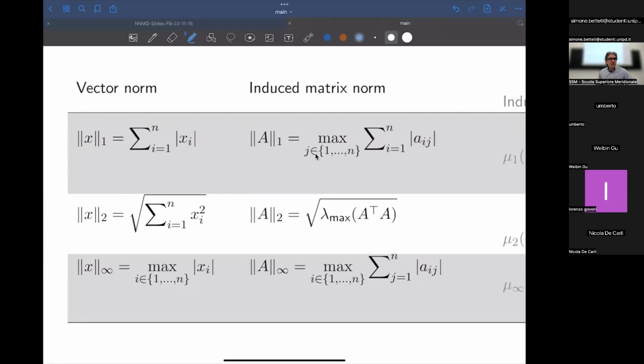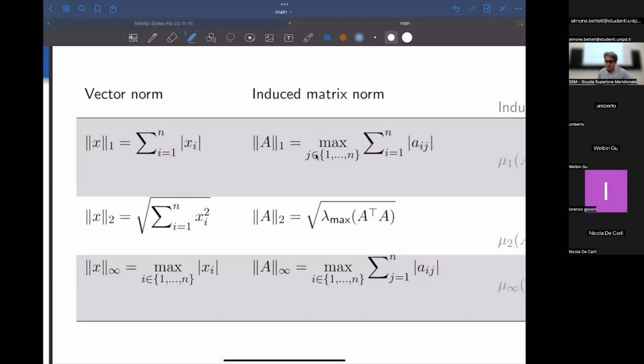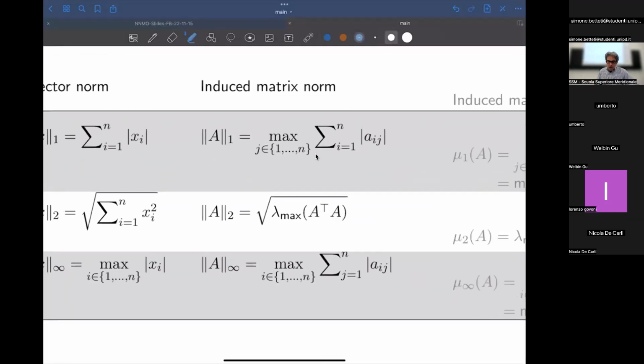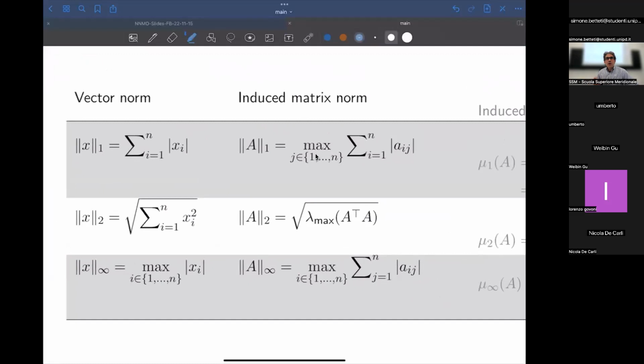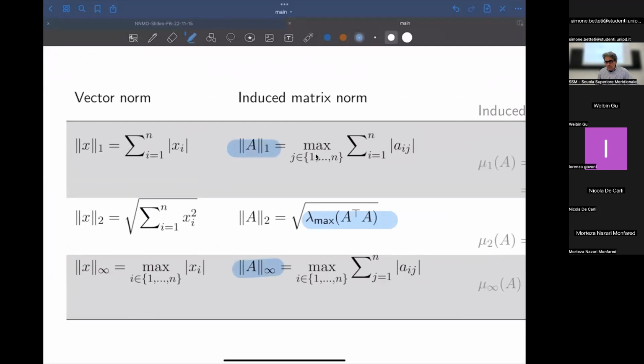On the left are 3 basic vector norms, and in the middle column of this table, the right column we'll do later, are the corresponding induced matrix norms. Now, let me just comment that the Euclidean norm is the largest singular value. So you need to look at the largest eigenvalue of A transpose A and then take a square root. And in fact, instead, whether you have the 1 or infinity norm, the induced matrix norms,